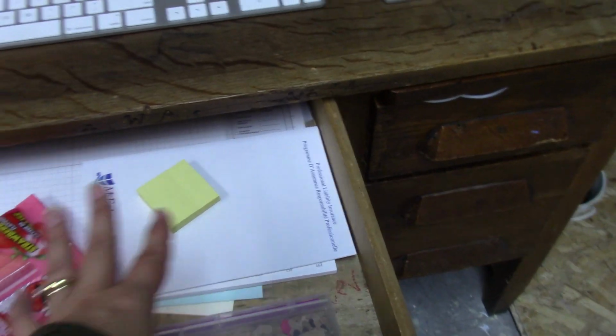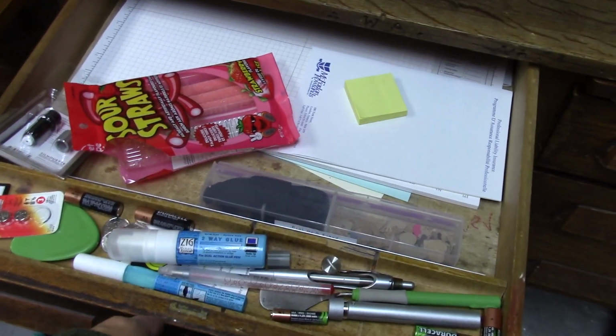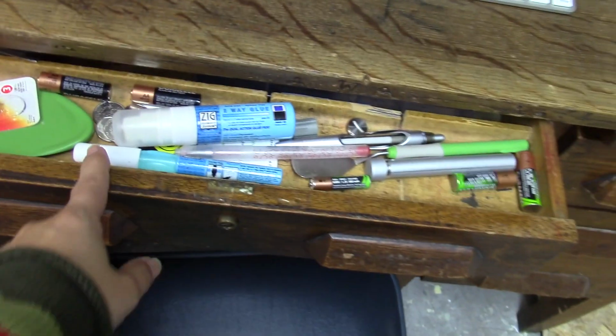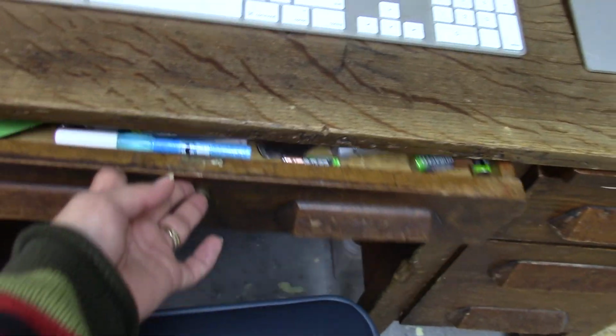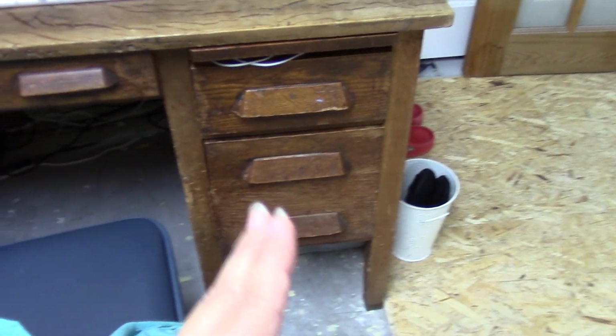Grid paper, and I keep all of my extra Cameo mats and that sort of thing in here. And then in the front I just have batteries and stuff. And Cameo accessory. This is a Cricut accessory, but these sorts of things are for getting stuff off of my die cut machine. So in these drawers, I'm not even going to open them for you because they're boring, but